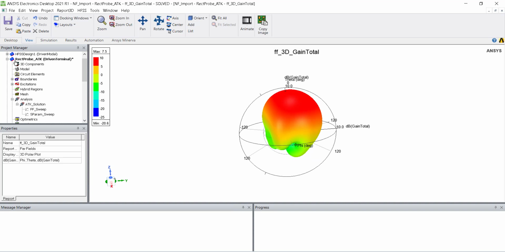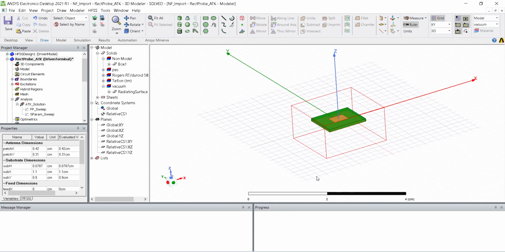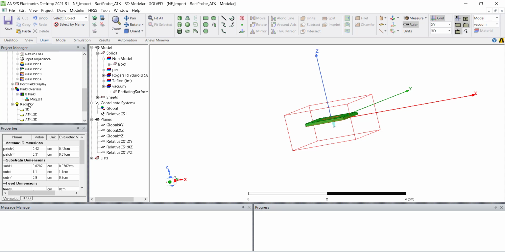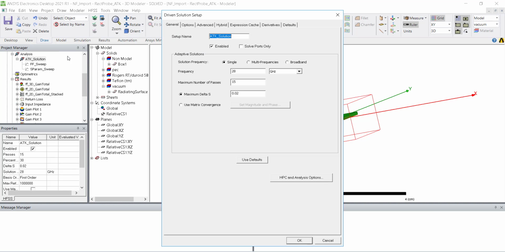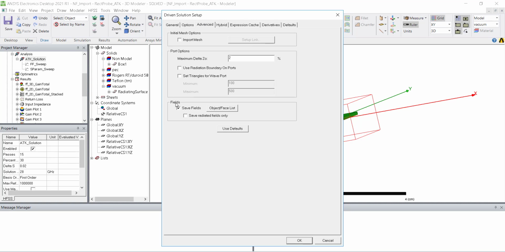And what I want to do is, I have this antenna in a design. I want to link the near field of this antenna into another design so that I can keep a bigger simulation, like a radome or something, on another design. So for that, we need to make sure the fields are saved inside the, okay, this field has to be ticked.